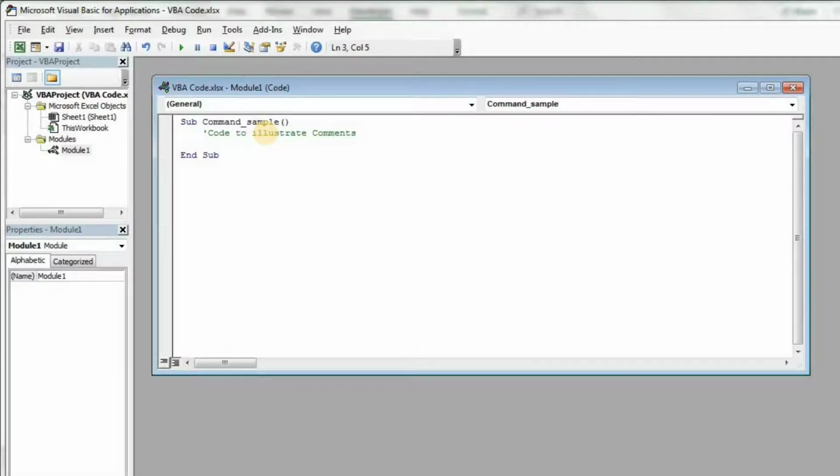So this is the comment. If it is syntactically correct, it will highlight with some color, and it will automatically show an error if it has any. Now I would like to write some code for declaring a constant variable and assigning a value to it. If you want to declare a variable as a constant, then you need to type Const.